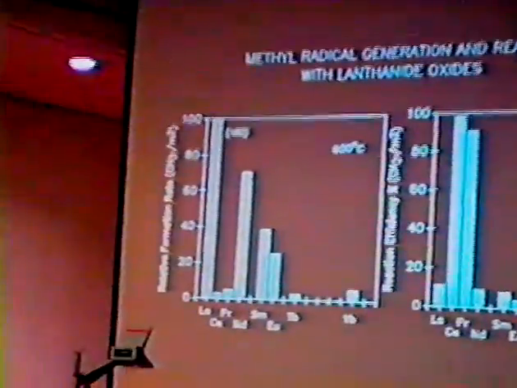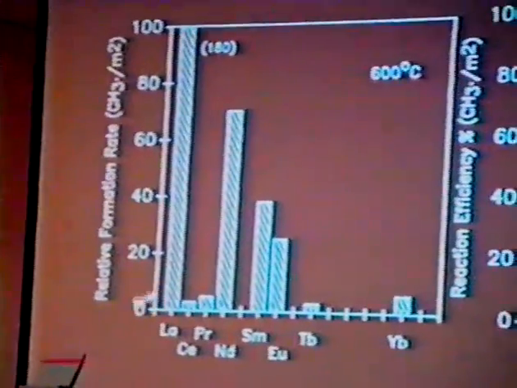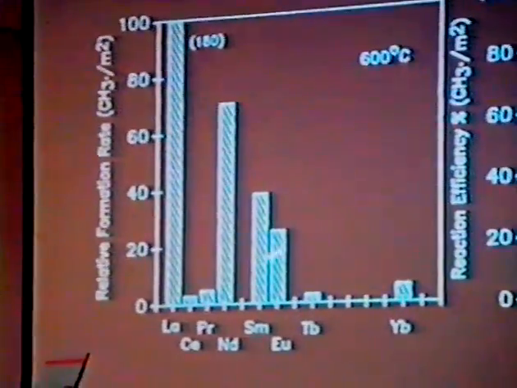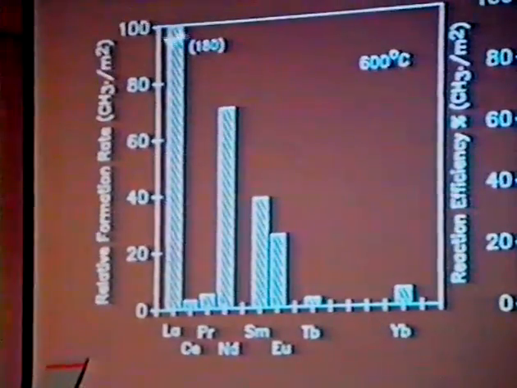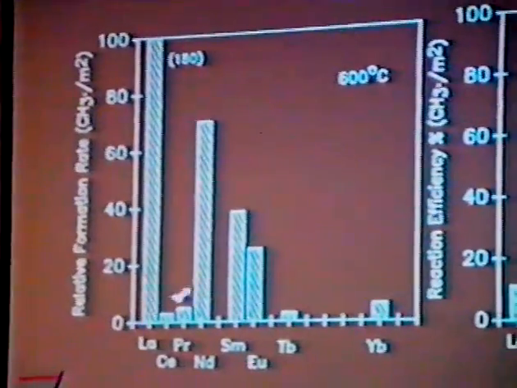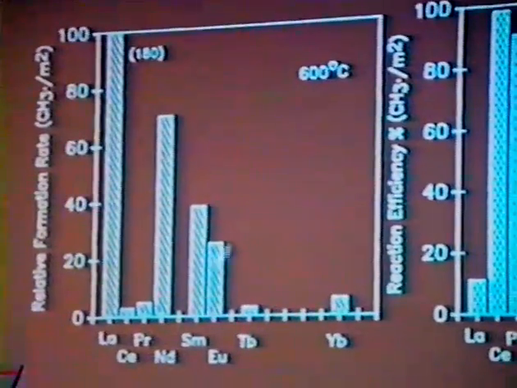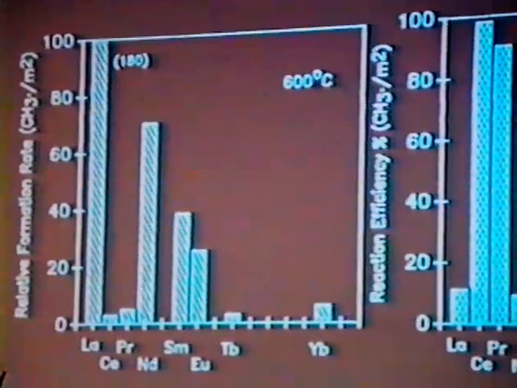In the next slide, just to go through a brief comparison of the lanthanide oxides, we had previously shown that among the lanthanide oxides, as far as radical formation was concerned, there were very large differences in their ability to generate these gas phase radicals. For example, lanthanum oxide is very good, but cerium oxide is very poor. Neodymium oxide is good, samarium oxide is good, and europium oxide is very poor, and so forth across. So there are very large differences in the ability to generate these gas phase radicals. And now, at least, we know in part why that is true.